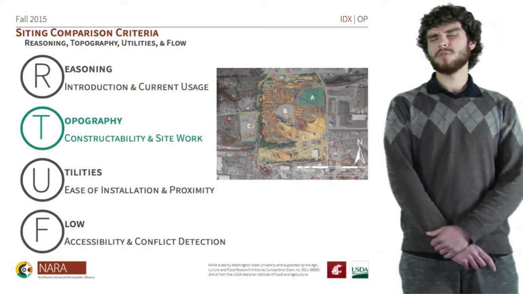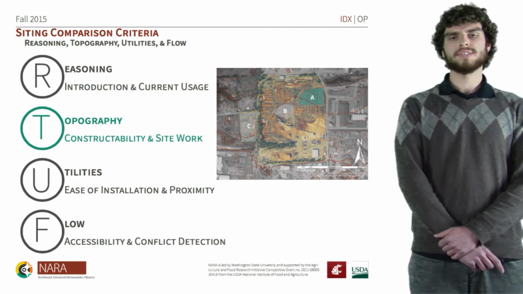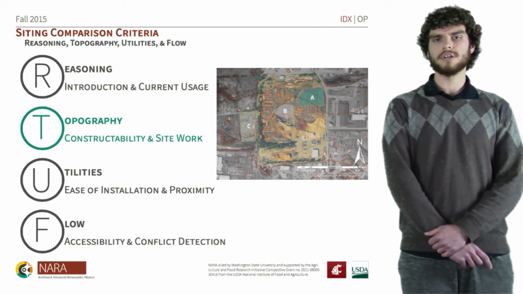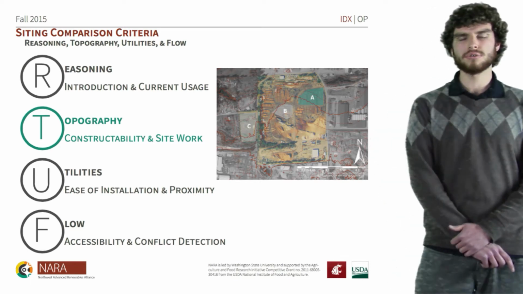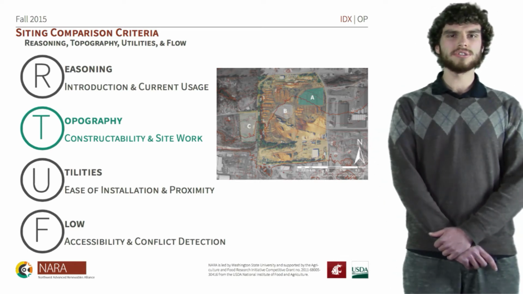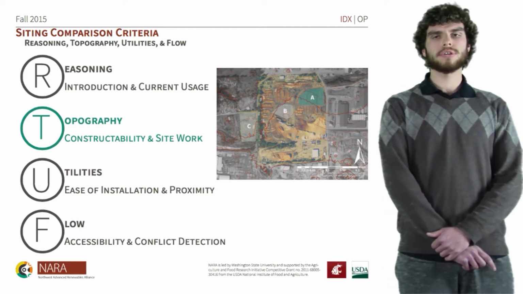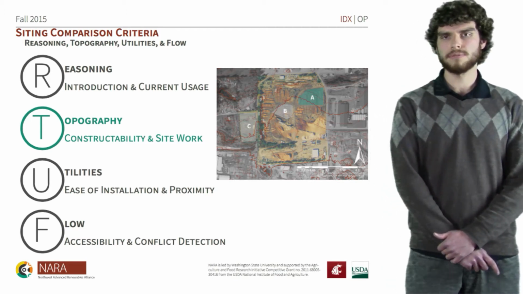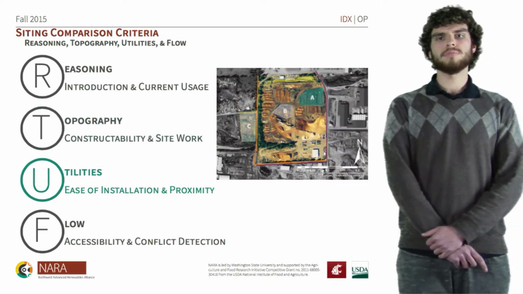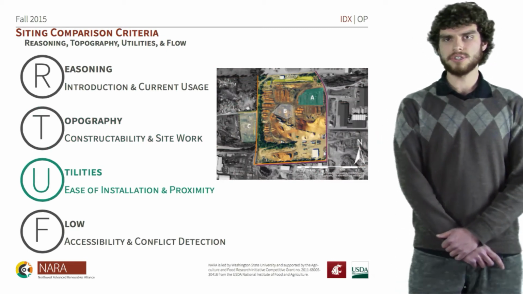The second item that we're going to be looking at for each of our locations is topography. A topographic analysis is important because we can project any constructability issues or excessive earthwork that might need to take place if our process were to be located there. Next, we're going to be looking at utilities for each of our sites,